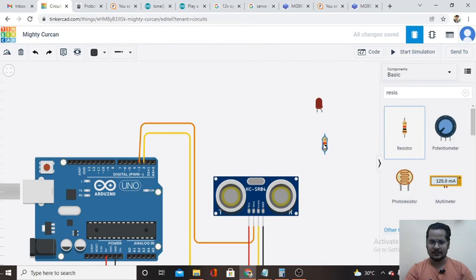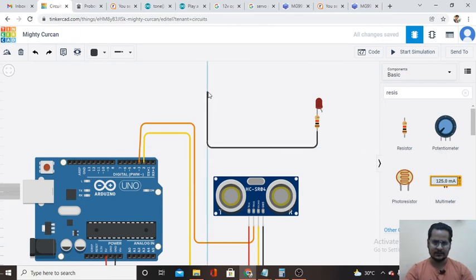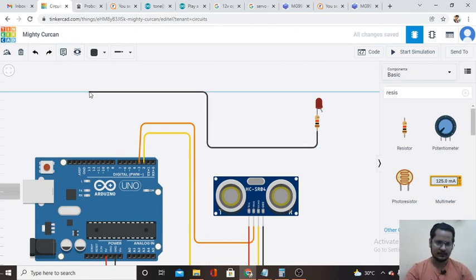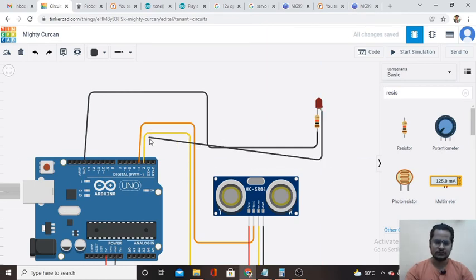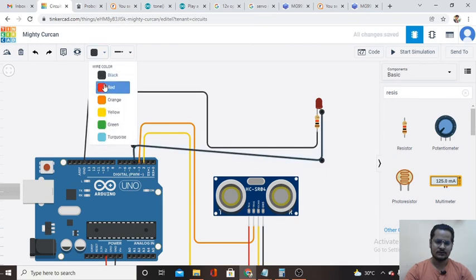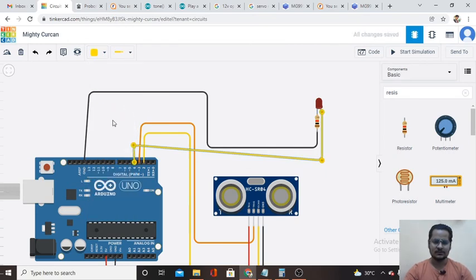I have taken one resistor also, and then I will connect this to ground because this is the negative leg. So I will connect this to the ground pin of the Arduino, and then I will connect the plus of the LED to pin number 4. Let me change the color of this to yellow.